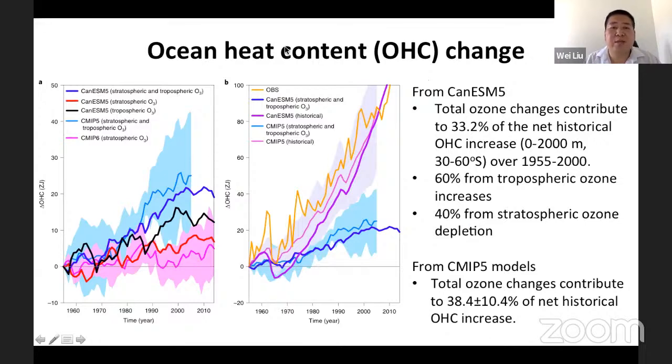Then we also look at the ocean heat content change. Here I'm showing the time series for all these experiments. First, let's look at the result from CESM2. Let me walk you through these figures. If we look at this